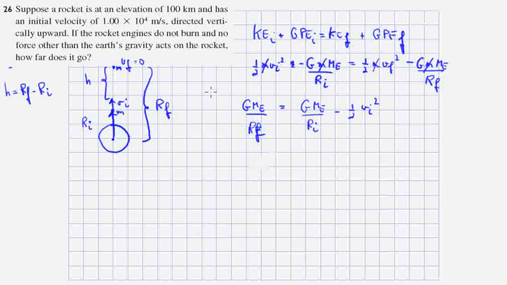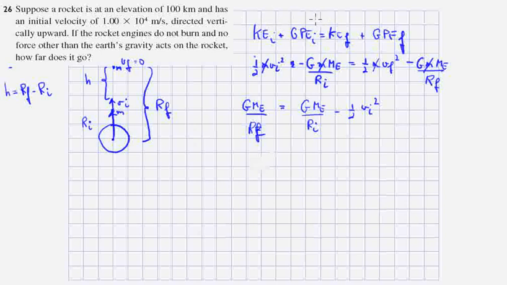Suppose a rocket, problem 726. Suppose a rocket is at an elevation of 100 kilometers and has an initial velocity of 1 times 10 to the 4th meters per second directed vertically up. If the rocket engines do not burn and no force other than the Earth's gravity acts on the rocket, how far does it go? Alright, so this is going to be a problem where we apply conservation of mechanical energy,